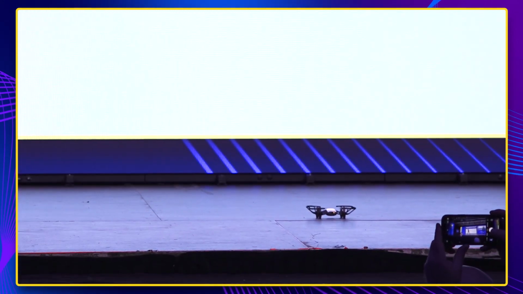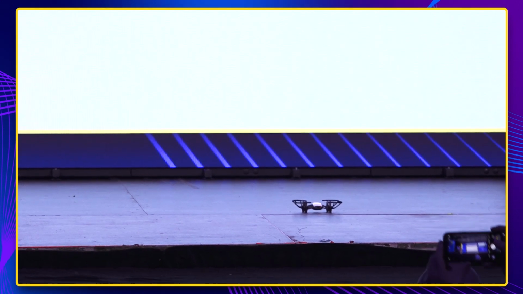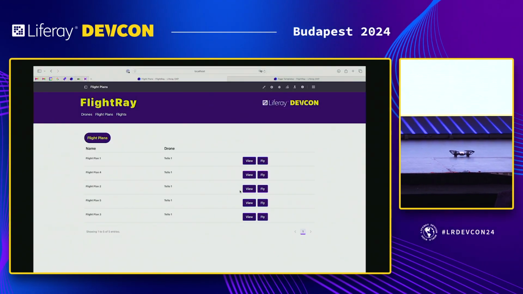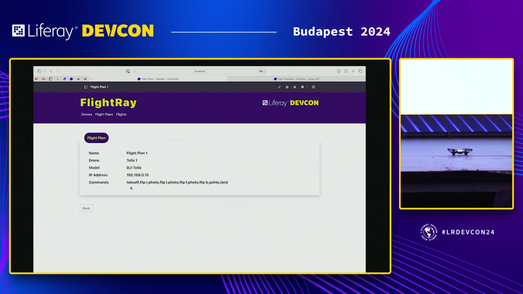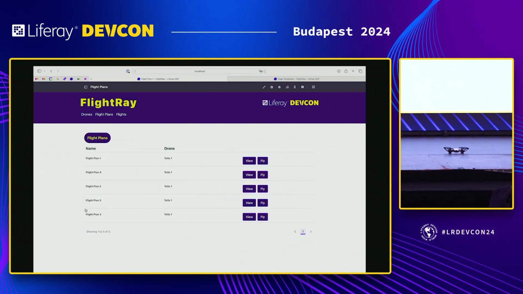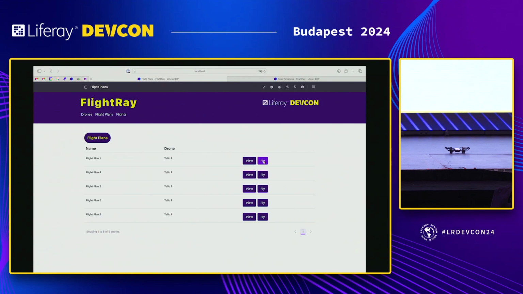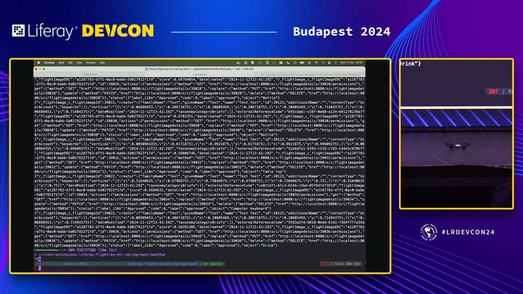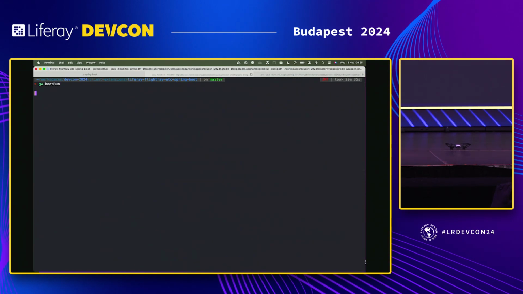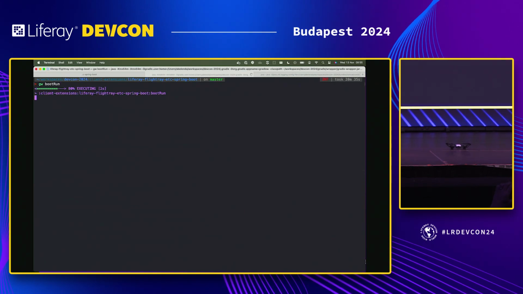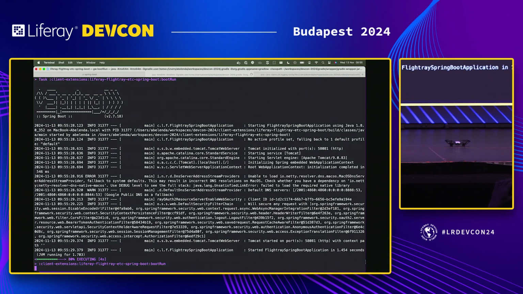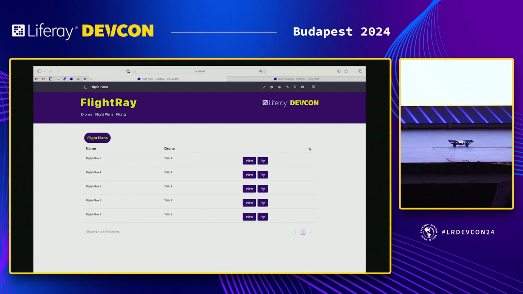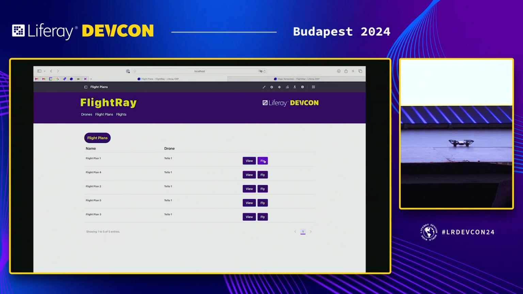Move away. Let's choose a flight plan. Let me see this flight plan 1. Yeah, looks good. If I click fly, oops, I need to start the client extension. Gradle boot run. I'm in the correct branch, yes. Okay, when clicking fly, I will connect with the drone.